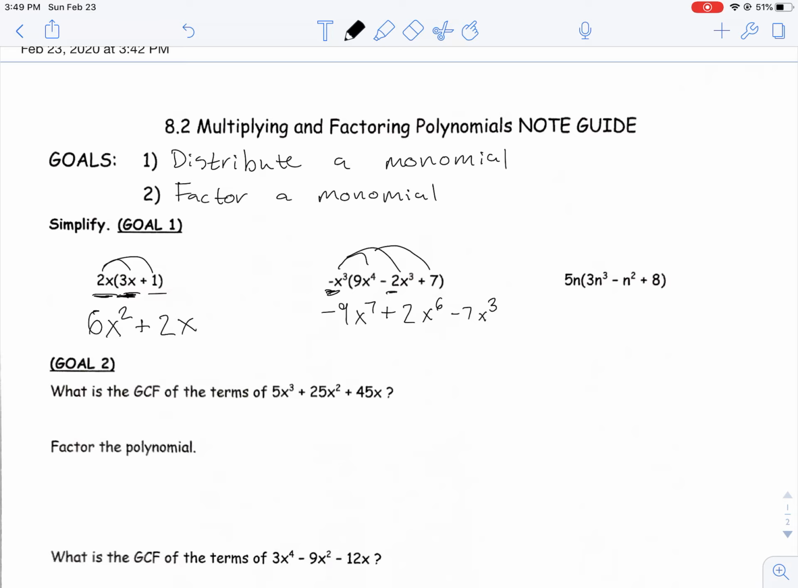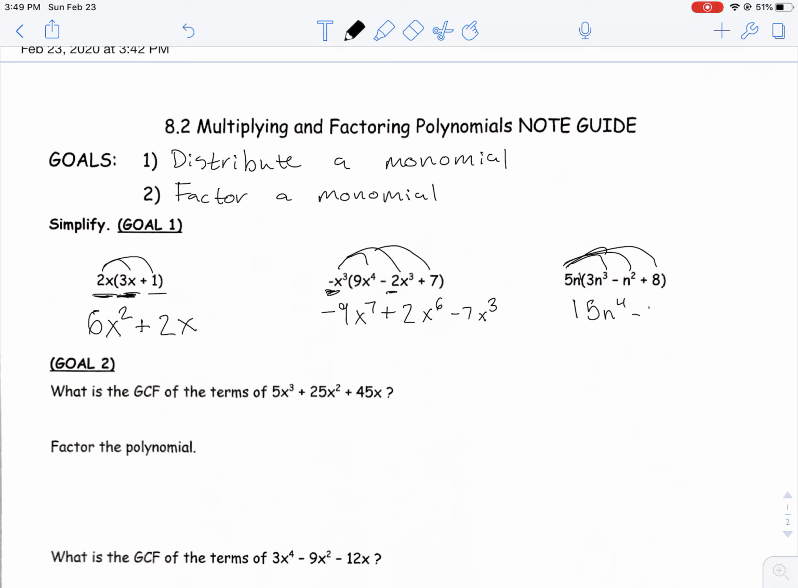Now we're going to be multiplying, distributing this 5n to all 3 parts. So 5n and 3n to the 3rd, that's just a 15n to the 4th, because 5 times 3 is 15, and I'm adding my exponents again, because I'm multiplying. If you're multiplying, you add your exponents. The next one,